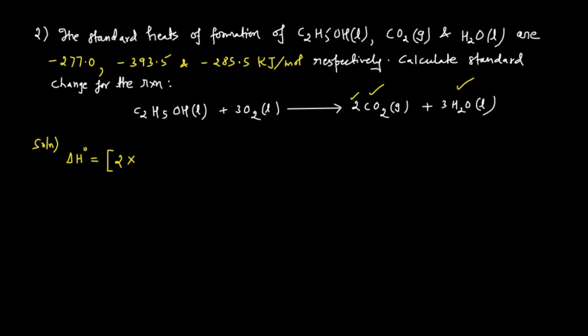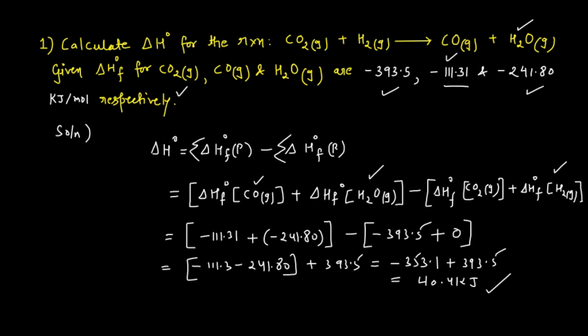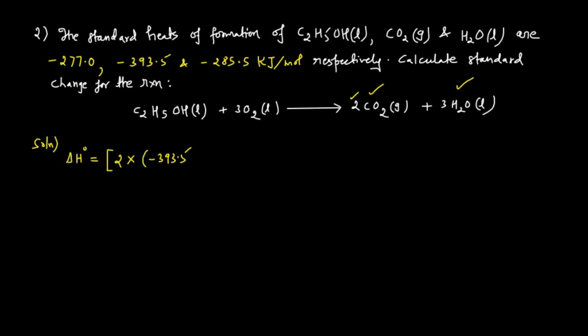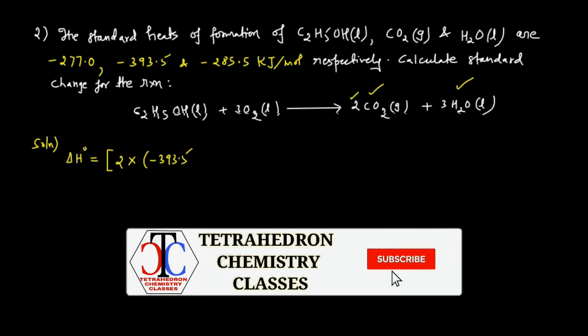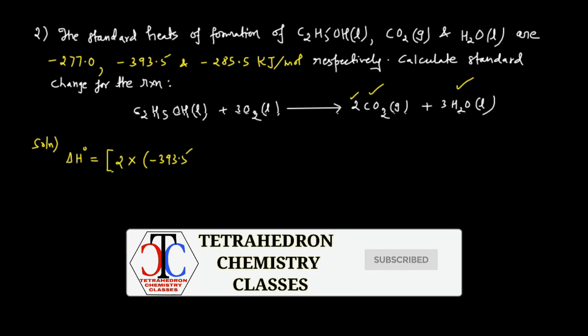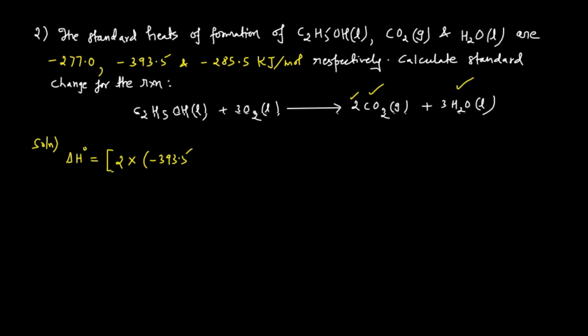So 2 multiplied by minus 393.5. See, in the previous question, I have written this particular long equation, but here I skip that. I am straightforward writing the values and doing the calculation. For your practice, you can write the entire equations here as well. Okay, so this is 2 into minus 393.5